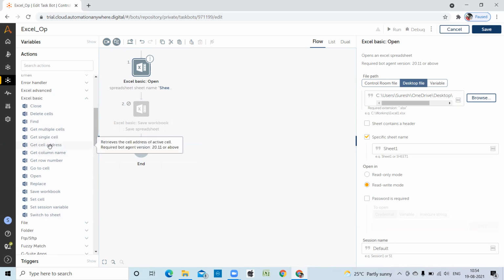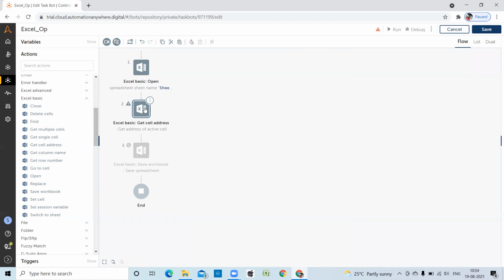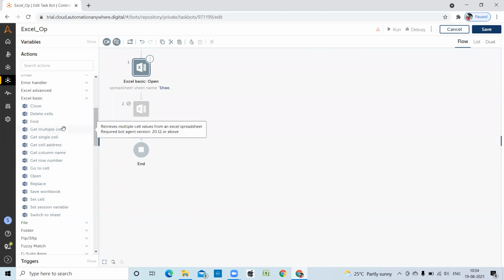Get cell address means we can get only one single cell value. Not here. We have to do a similar thing for this. Okay, replace we can try.